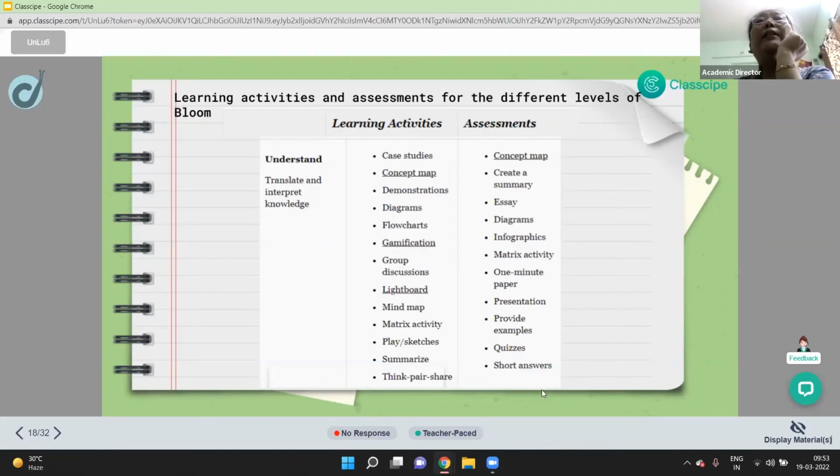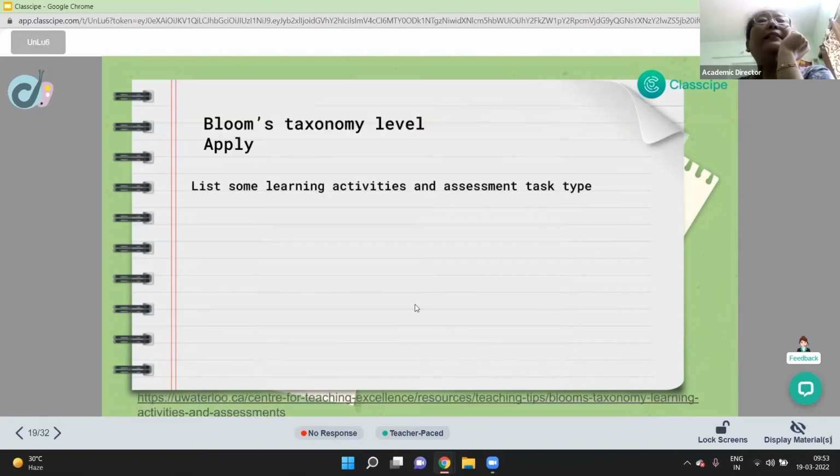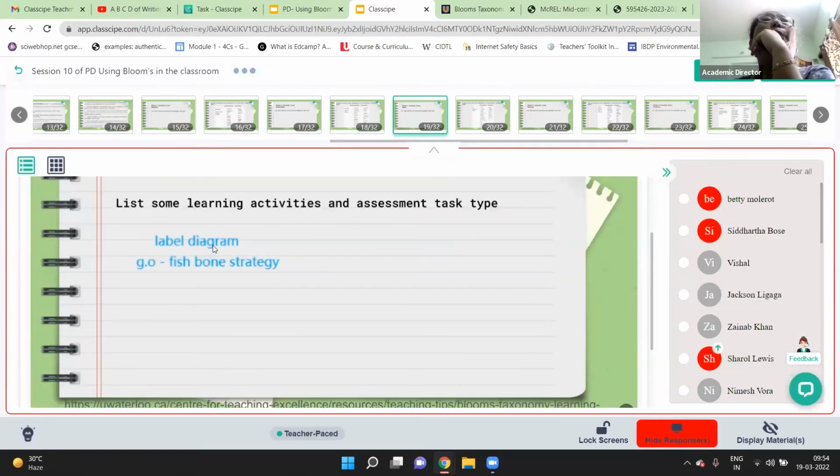So these are all the assessment types that you can give for the understanding level. Now let's go to the next level. I would want you to comment for apply, the next level of apply. What are the kind of learning activities that you can give for apply, or what are the assessment task types that you can give for apply? Labeling would be, yeah, I would say if it is only label, if it is annotate, maybe then I would say